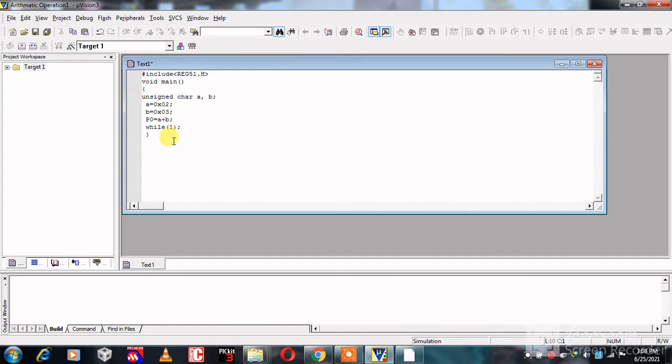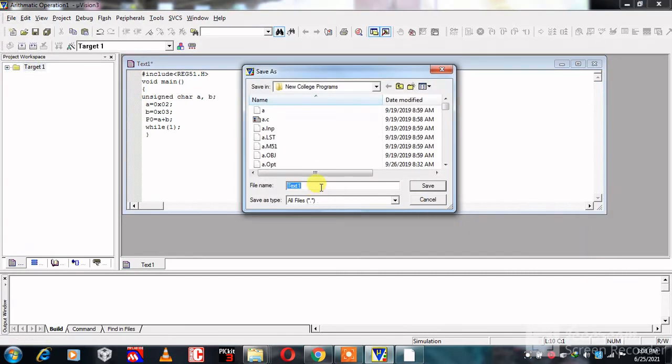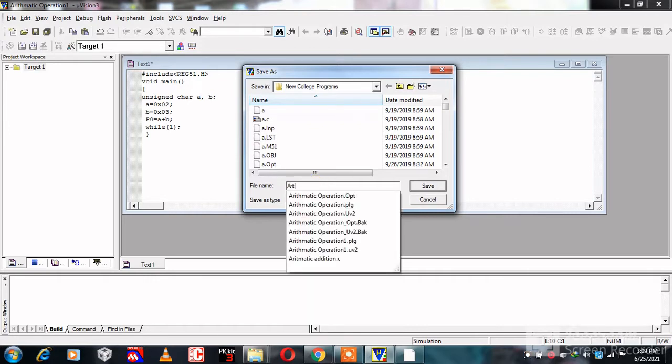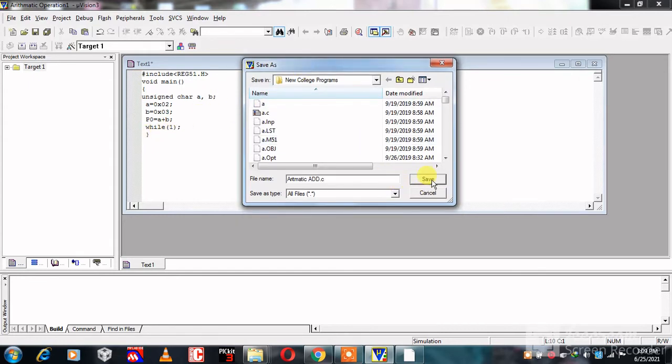After writing the code, click on file, then click on save as. Give a file name here, arithmetic add. You can write another name, dot C. Dot C means our program is in embedded C format. Then click on save.